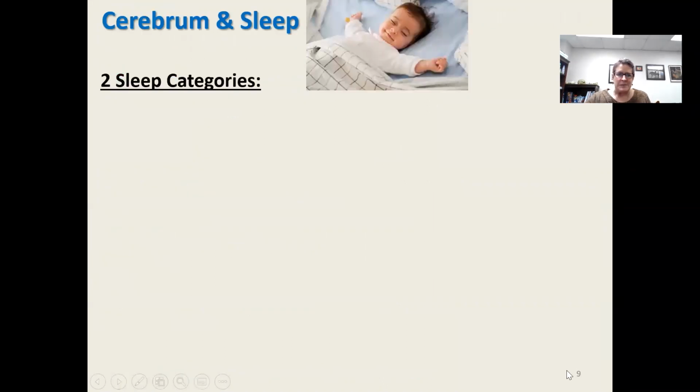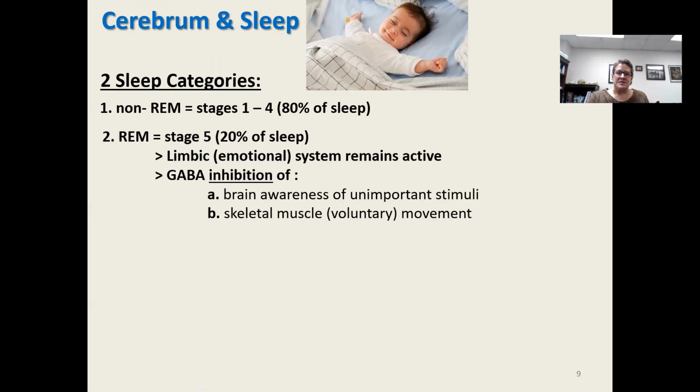Okay, so sleep. It's really controlled in your cerebrum. And there's 2 categories. There is category 1 or non-REM sleep. That's where you spend about 80% of your sleep. And then there is deep sleep or rapid eye movement, REM. That's stage 5, and you only spend about 20% of your sleep in that. And what happens through the night is you cycle through. You'll go through non-REM and then go into deep sleep, REM sleep, and then go back through non-REM and keep